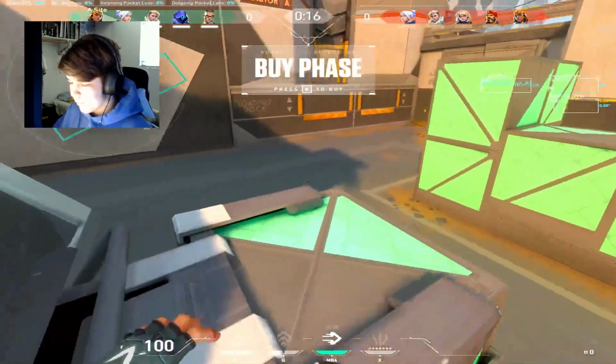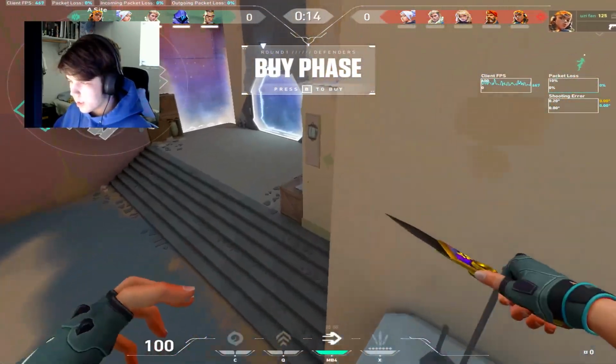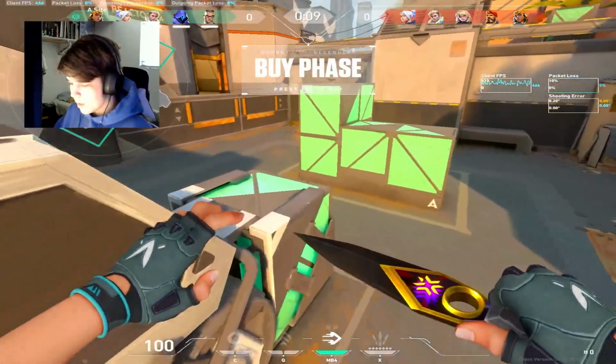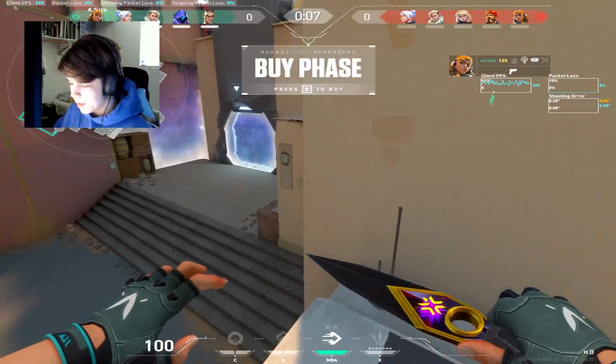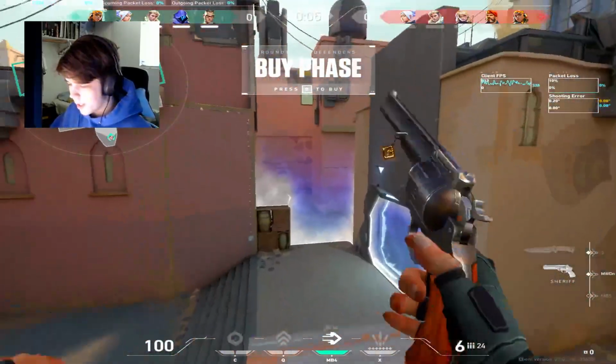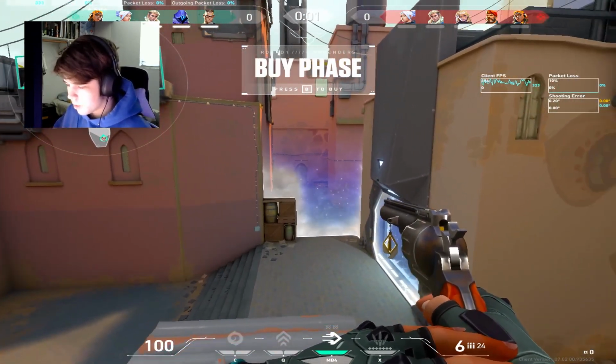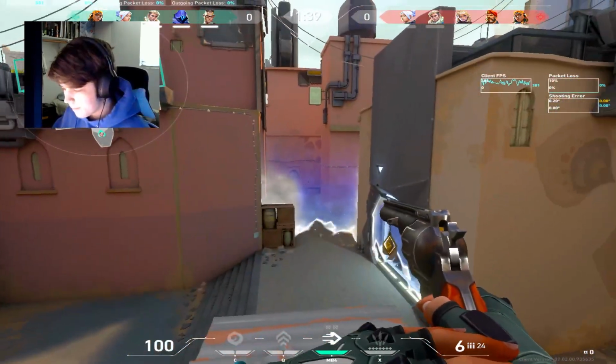So like for Bind, if you want to get on top of truck, you can glide from this box. You can glide on this box, jump on the very end, and then you can jump on this one and then get up here. If you want to stay on top of truck, you can. If you want to take an even more aggressive angle on top of this box to peek short, you can. You can also do it from heaven, but